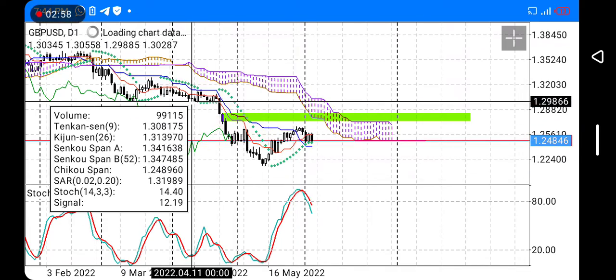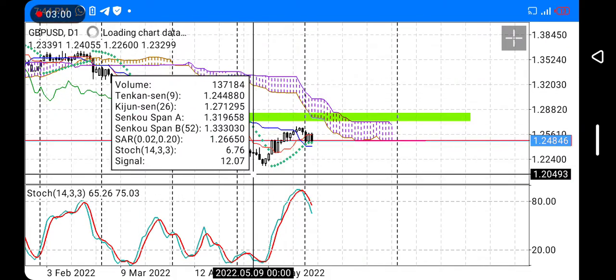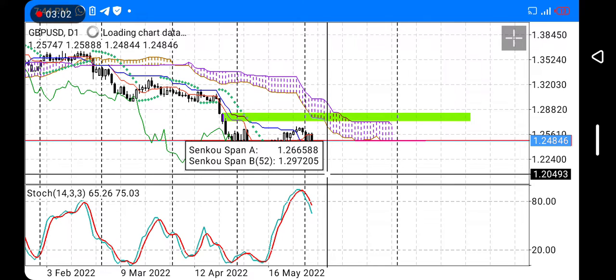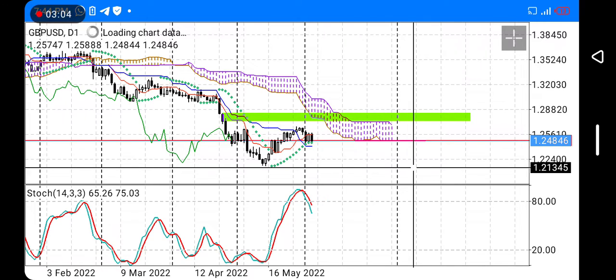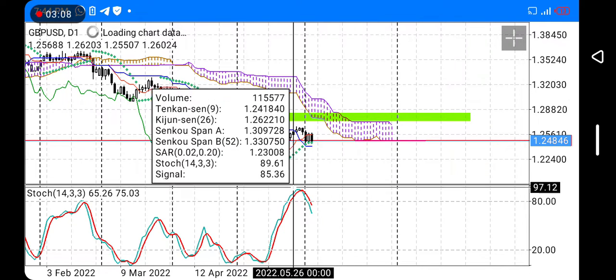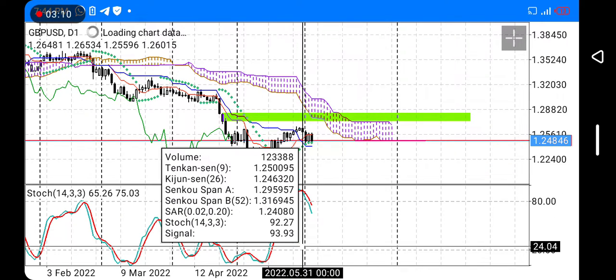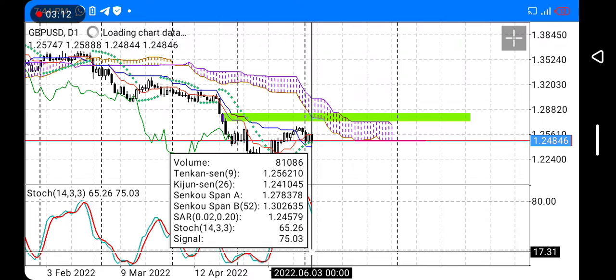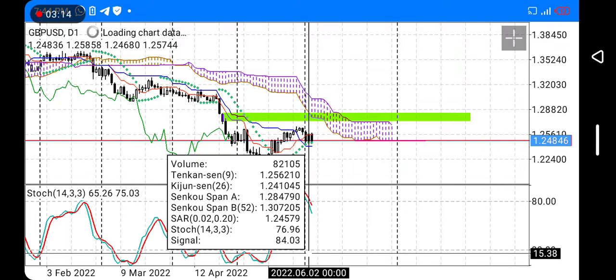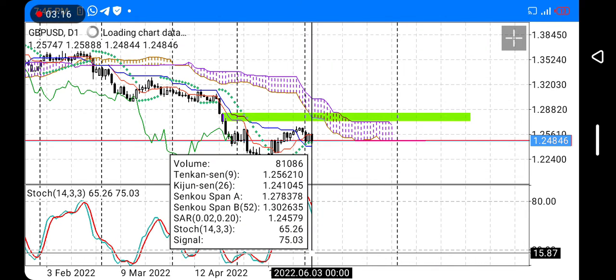So let's not talk about what has been happening previously, because using the Ichimoku to backtest your chart can be very, very stressful. So looking at what we have right now, today is 5th of June, and this is the first Sunday of June. Anyways,